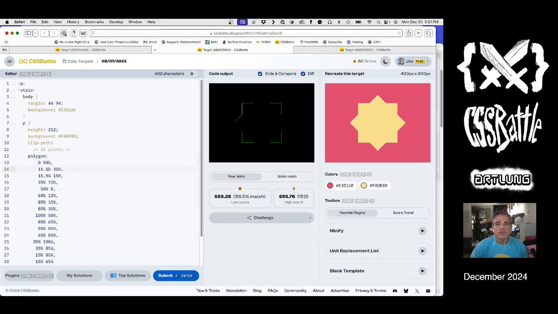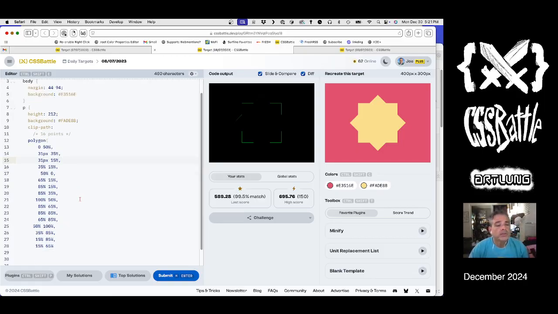I don't think we're going to get away with those percentages. Let's make them both 20 pixels. 30 pixels. 31 pixels. Yeah, that's better. So if that's the case, so if 31 can replace these 15,